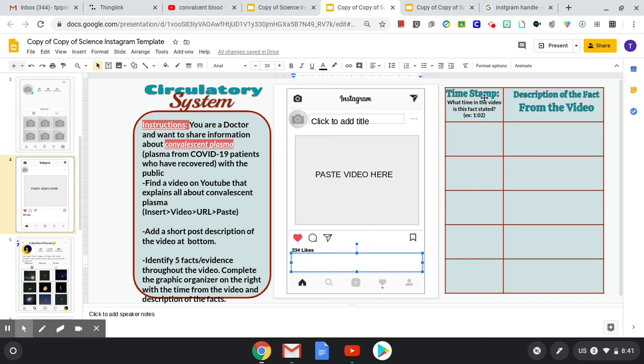That means right here, timestamp. What time in the video is the fact stated? So let's say it gives me a quick description of what convalescent plasma is, or maybe it tells me what plasma therapy is. That's the same thing, okay? So let's say that happens almost right away at the 10-second mark. Then I would write 0:10. It happens 10 seconds into the video